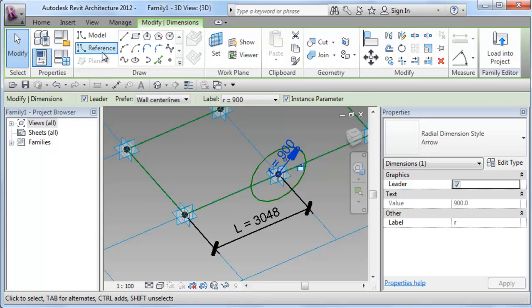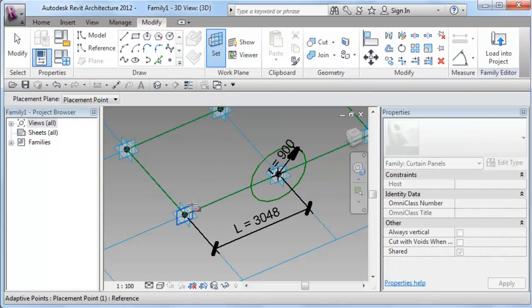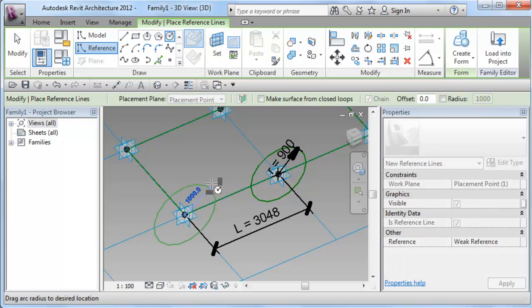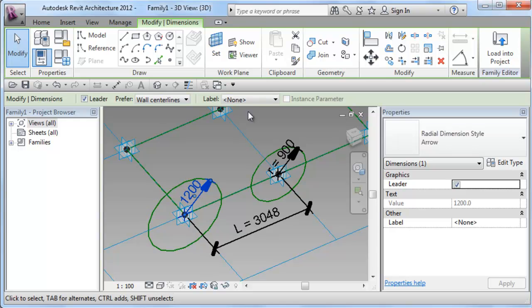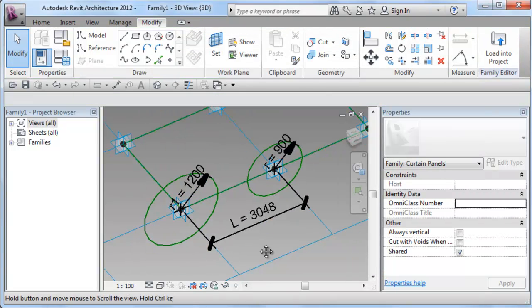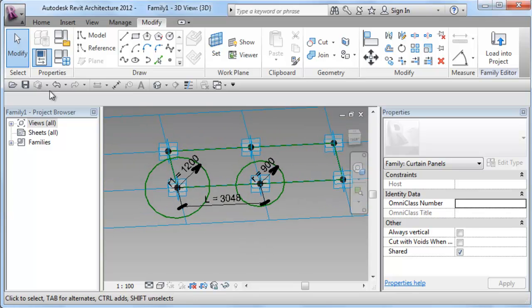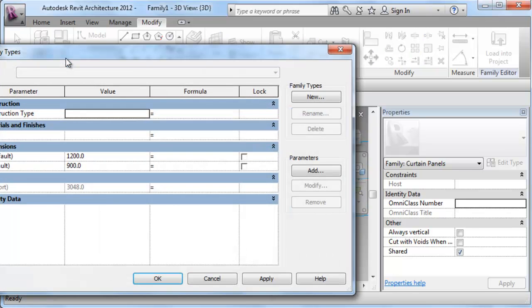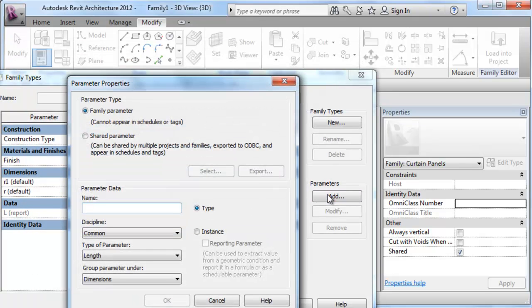So I'll repeat the same process by selecting the reference plane of this point and creating a circle, again assigning a parametric value. We'll just call it R1, instance, under Dimensions, and the value there. So we've got our basic two circles, and I'll go back to the family types and add a parameter